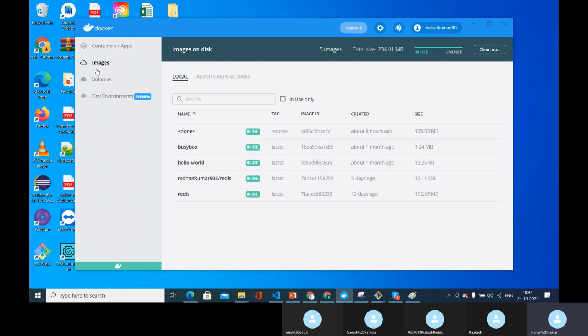But in today's session we will be mostly understanding what is an image, what is a container, how to create a container, or how to convert images to container, and all these stuffs, how to create images, how to actually deploy our apps onto these images. This is all what we understand today. So now we have also cleared how to actually install or register ourselves onto Docker, right? So that is the next step you have to do.